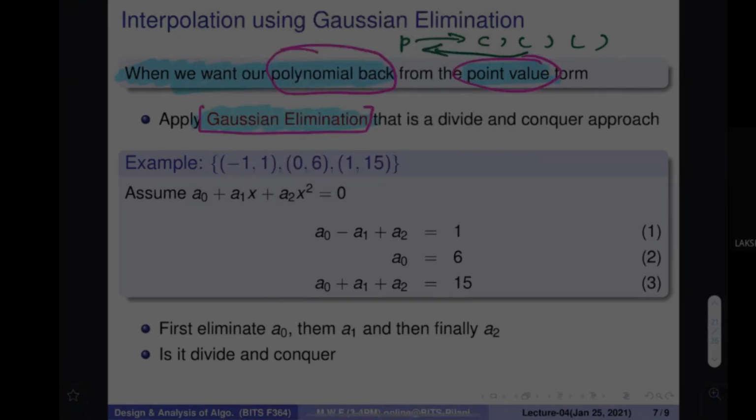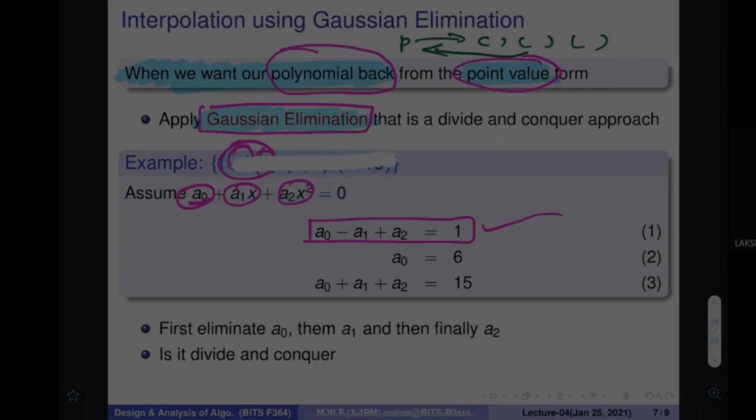Gaussian elimination is nothing more than this, that you by yourself can think it through, all of you are intelligent enough. Because there are n points, how many points? 3 points. So you can think that the highest degree term would be 2. So you can say that it is a0 plus a1x plus a2x squared. Let's assume that this is what the function is. Any problem? Since these values are given to you, at -1 it is 1. So you put -1, and it becomes a0 minus a1 plus a2, and a0 minus a1 plus a2 is equal to 1. You can write it using this representation.